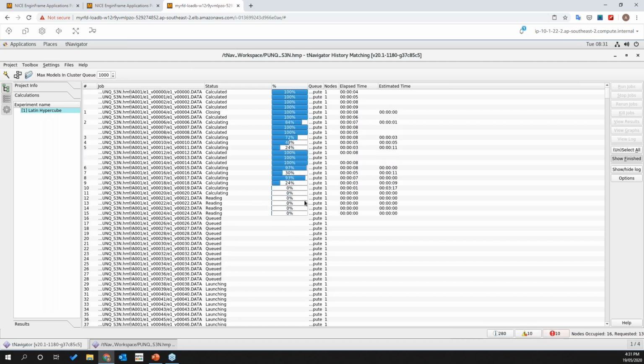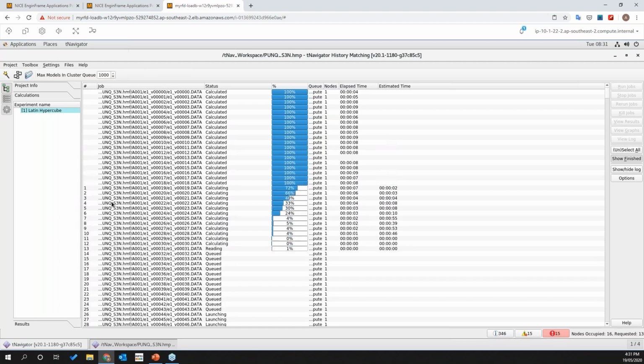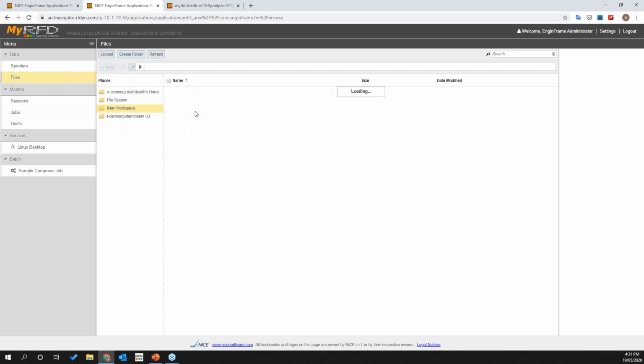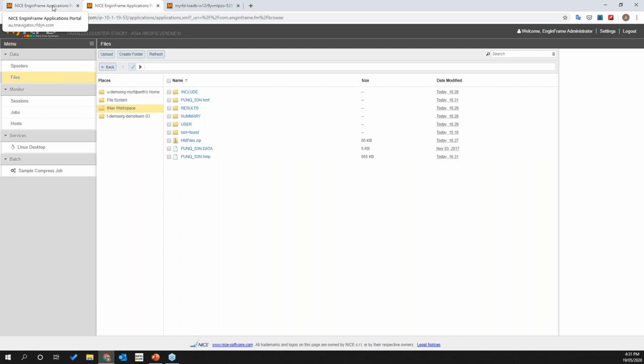So once this is done, if you want to extract some information, you can do all your post-processing here if you'd like. Or if you'd like to extract some information and view it on your home computer, you can simply go back to the previous tab that we have, look at the internal files and extract the files that you would like to use. Or if you'd like to back up the entire stack and the entire computing node,